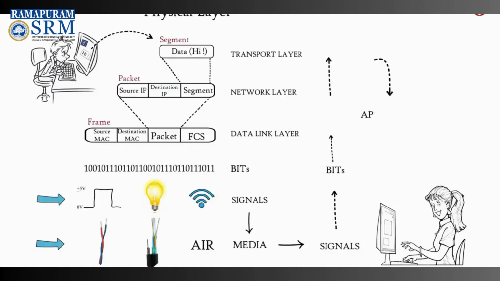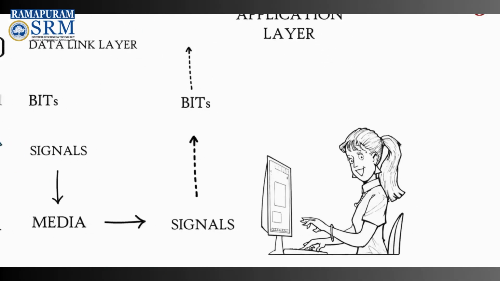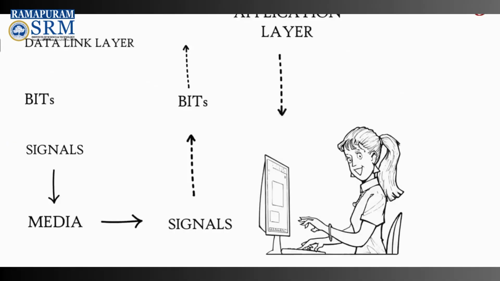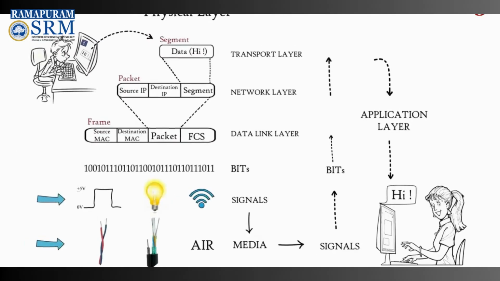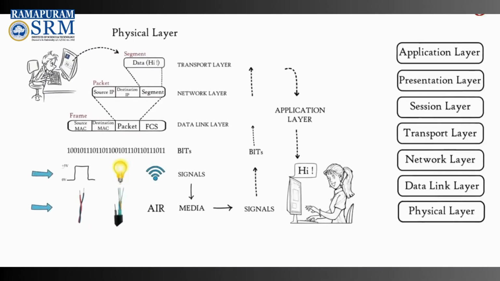Finally, data is moved to application layer. Application layer protocols make the sender's message visible in the application on the receiver's computer screen. In this way, OSI model is helping to transfer data between distant hosts. So, these 7 layers of OSI model are lying behind the smooth functioning of